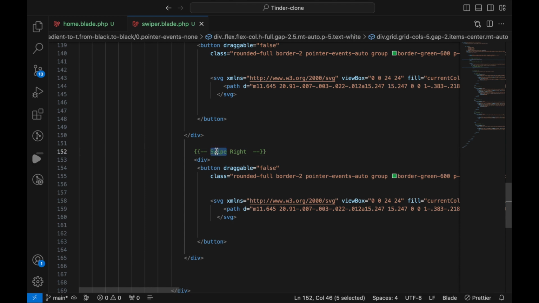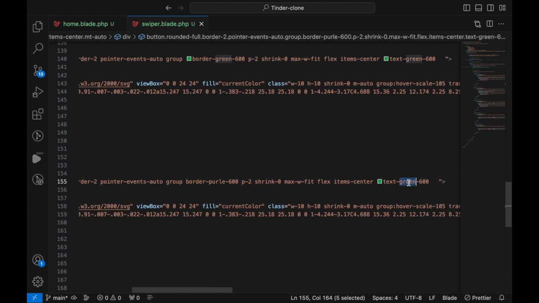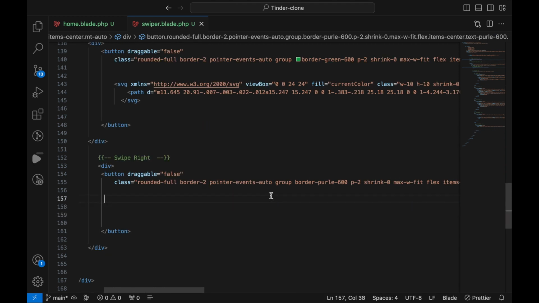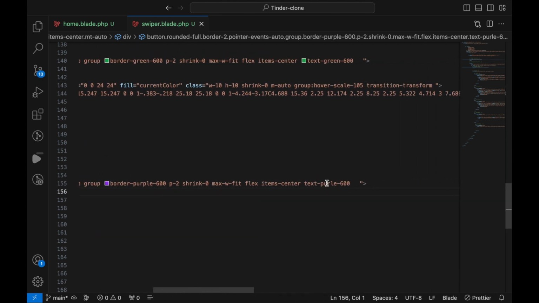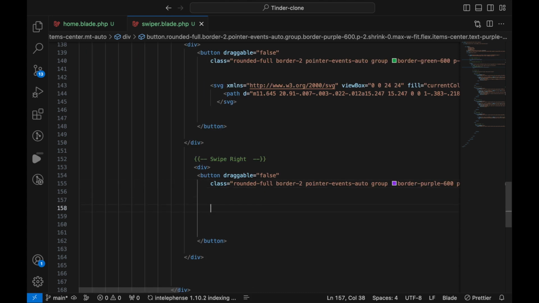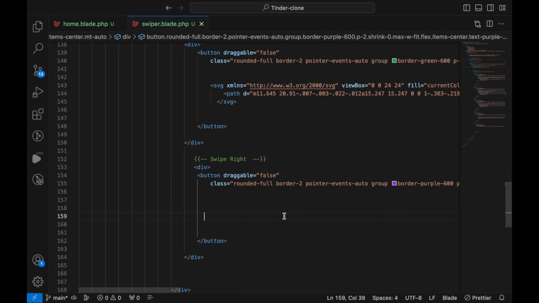Now is going to be the boost. So for the boost here it's going to be purple and purple. Then let's go to hero icons. Let's remove this SVG. Oh yeah, here actually make sure that the color is purple, I typed it wrong. Here purple, also here purple. And let's go ahead and actually get the boat from the hero icons. So in hero icons, just type boat, get the solid one, copy that, paste it in there,